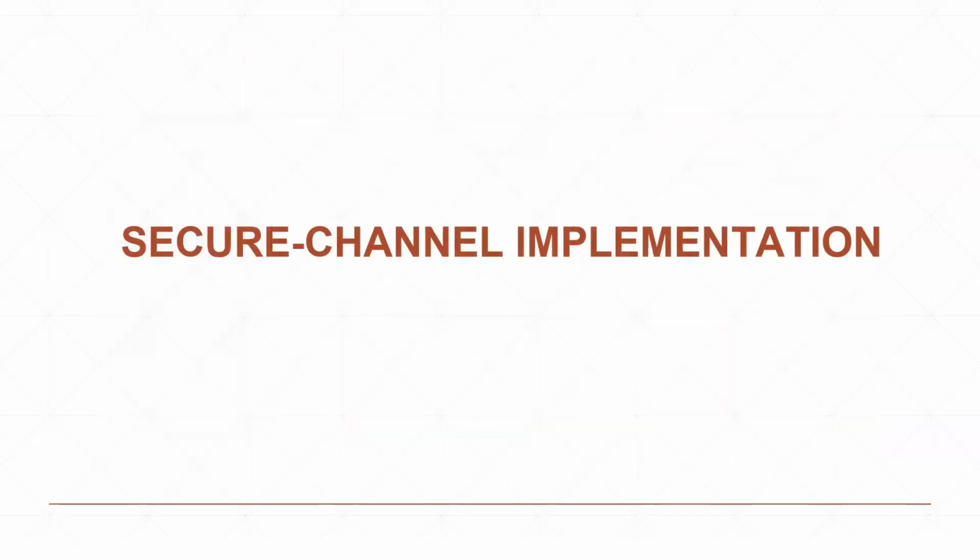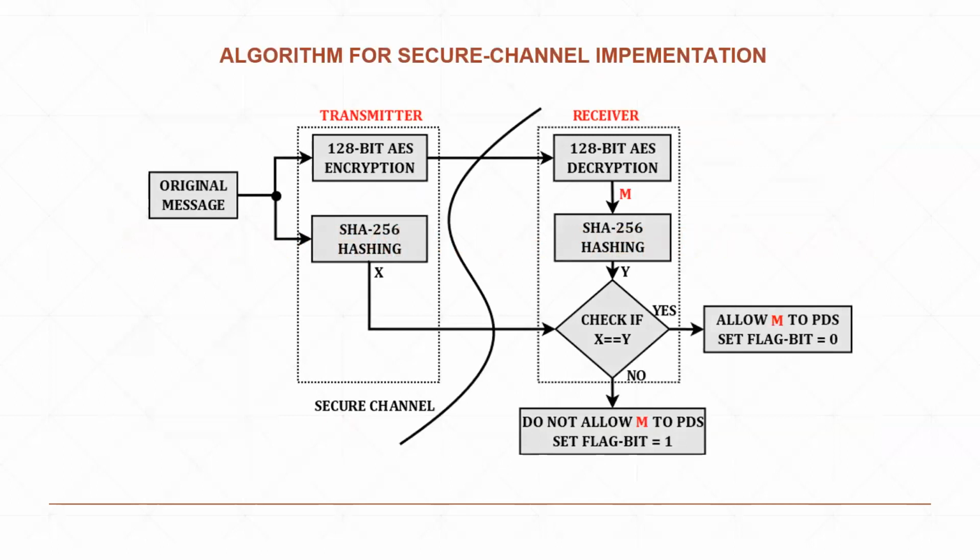Coming to the secure channel implementation now. This figure explains the working of the algorithm we proposed for securing the channel. Instead of sending the control bits directly over the Ethernet, we process the control bits using 128-bit AES encryption and SHA-256 algorithms, and the outputs of both, encoded in hexadecimal format, are concatenated, and this 384-bit hex text is transmitted over Ethernet at TX. This 384-bit hex text is decoded at RX, and then the first 128 bits are